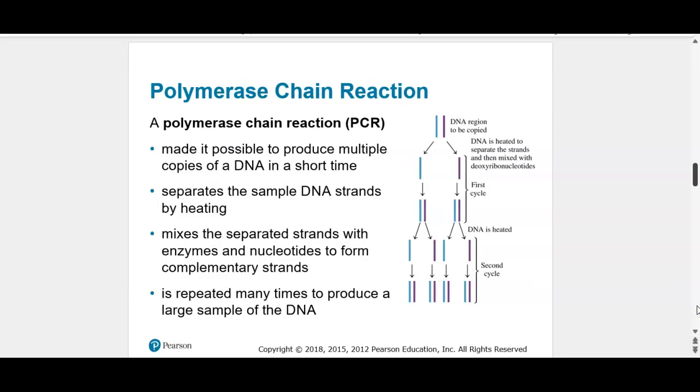Okay, another wrinkle in this is the polymerase chain reaction. Now, this is very useful. You can amplify, well, you can make multiple copies of a DNA, lots of multiple copies of the DNA in a short period of time. And what you do, you find a region of DNA you want to copy,